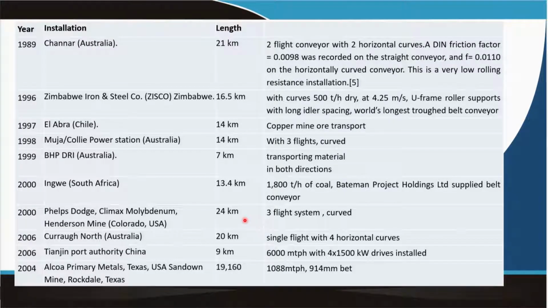So, you can find out what is the recent trend of development, how this has been used. You can see here, from earlier 500 meters, 1 kilometer, today we are having 20 kilometers, 22 kilometers, and there are also more than 40 kilometers. As we say, the conveyor belt at Panchpatmali is 14 kilometers. Now Reliance, in their Sasan mines, is using, I think, more than 40 kilometers, 16 kilometers length.